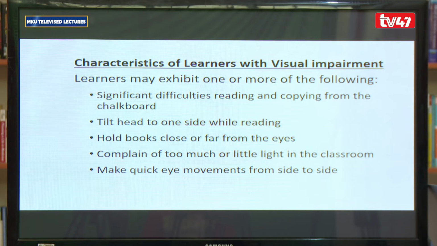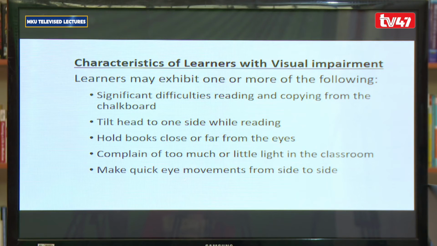Now, characteristics of learners with visual impairment. How do we know that a learner who is sitting in your class has a visual impairment? And one thing I would like to mention at this stage is that some of these impairments develop with time. They may not even know. The parents may not even know. It could be something that happened, maybe an illness, as we saw previously, that is leading to this loss, hearing loss or visual loss. So they may not be aware, and it can happen to anyone. So you could be having a learner in class who has been okay, but you start seeing these kinds of characteristics. And that is why we want to understand what are these things that we see in learners that can make us really tell that this learner is having a problem, whether hearing or visual.